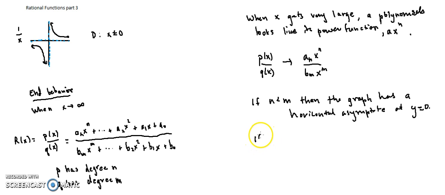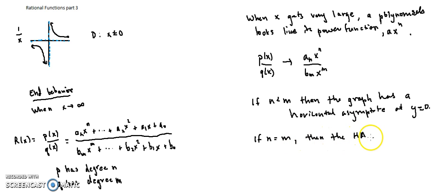Okay, what happens if the degrees are the same? Well, if n is equal to m, then no matter what we put in there, the x's are going to cancel out. Okay, so if all of these other numbers don't matter and the x's cancel out, then what happens is,